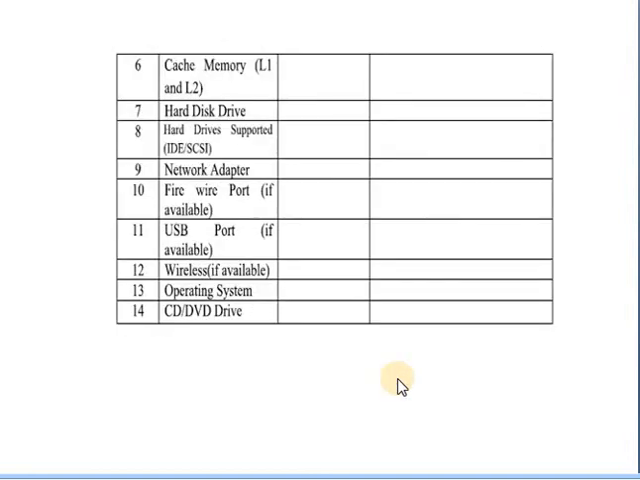Next point, that is cache memory. Cache memory is available, it is 512 cache memory. Hard disk drive: it is a 2 TB hard disk drive available in our server. Then the hard disk drive support is SCSI hard disk drive supported for our server. Network adapters present are 4, and the Firewire port is also available, and USB ports are also available in our server. Then wireless: